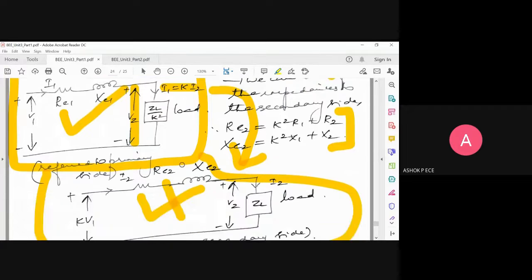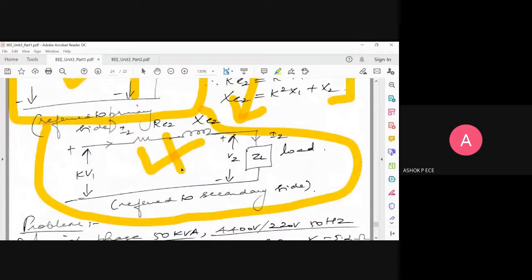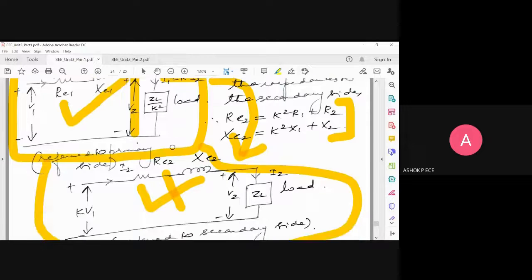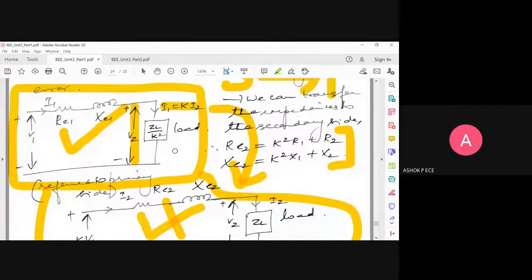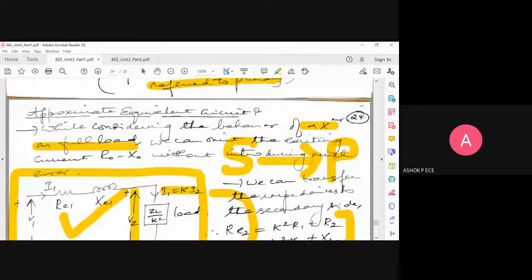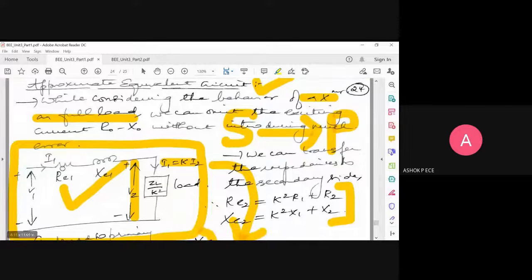That's all. We should remember things in a clear way so that we don't waste our memory. Remembering both circuits and all the relations is unnecessary and confusing. So remember one combination, the other is going to be completely the reciprocal of it. So this is going to be the approximate equivalent circuit of a transformer looking from the primary side. This is looking from the secondary side. Any doubts in this approximate equivalent circuit? An approximate equivalent circuit is only for the full load condition, so that I can neglect that no load current easily.